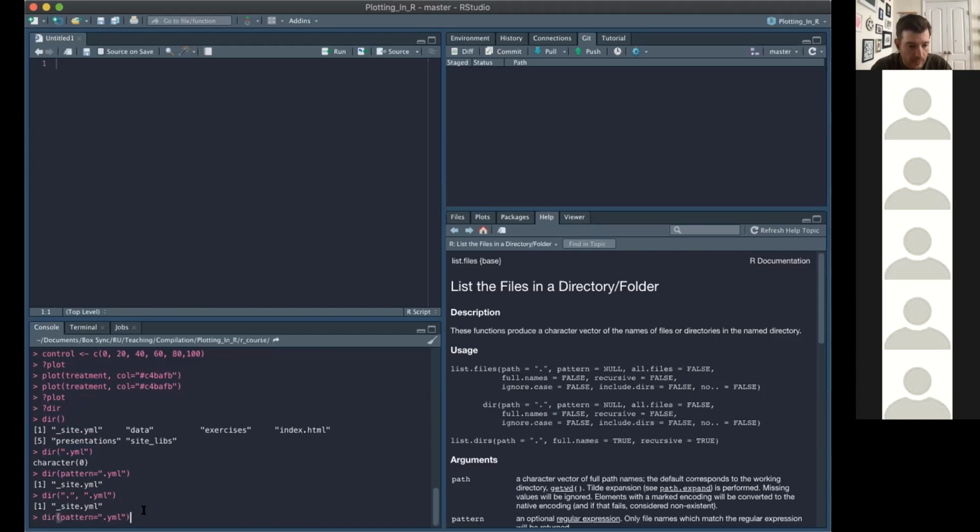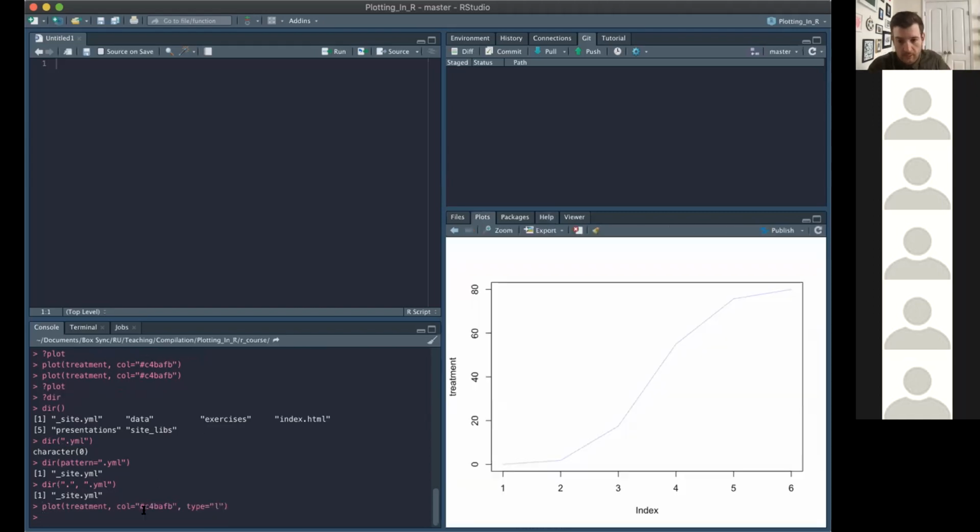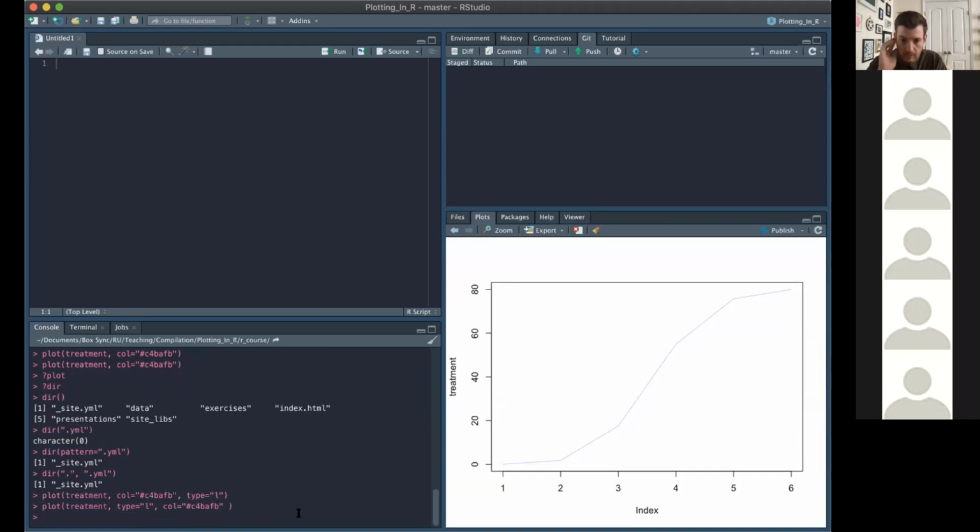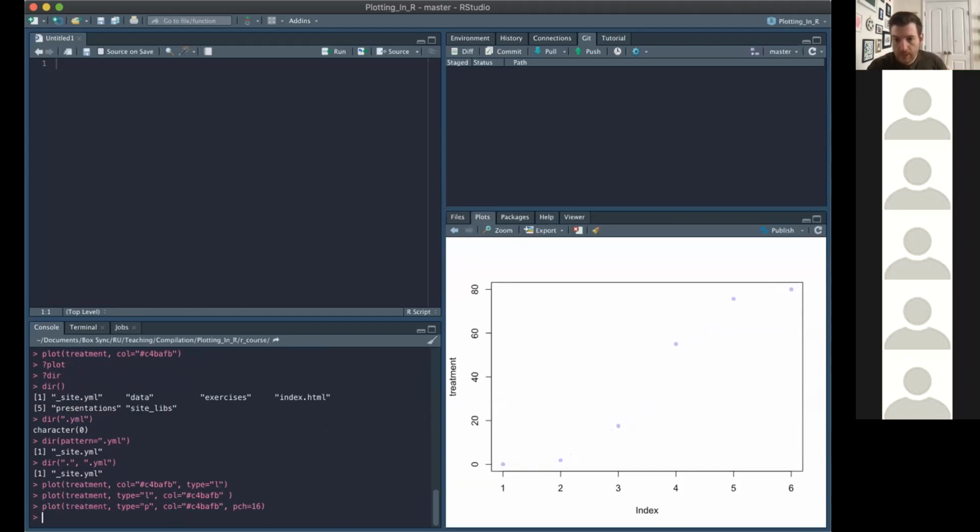So if we get back to our plotting example, we can add in type equals L, and it'll do a line plot. I can also do type equals L, and it still works the same. Or I could do type equals P, and then I could have patch at the end. And let's say we're going to do 16. Okay. And so because I'm providing the names of these, the ordering doesn't matter